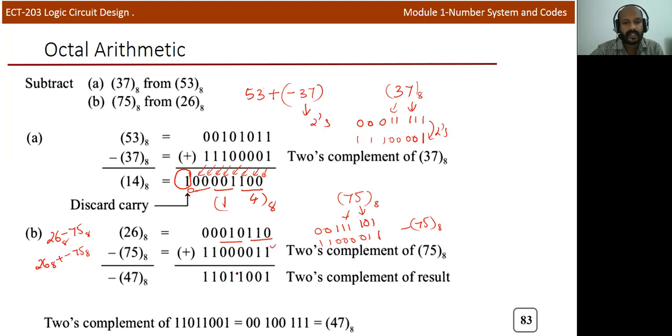And after addition, you can see that the result is in a 2's complement form because the MSB is given in 1, so it indicates the result is negative. Okay. So for that, we'll take the 2's complement of this particular sequence. Okay. And we'll write first one, then 1 1 0 0 1 0 0. Okay. So from this we identified that this result is negative,